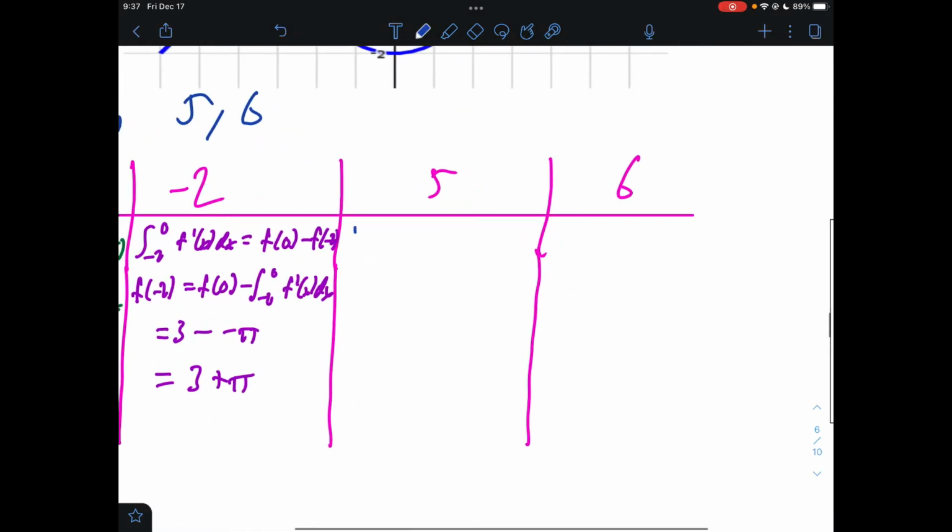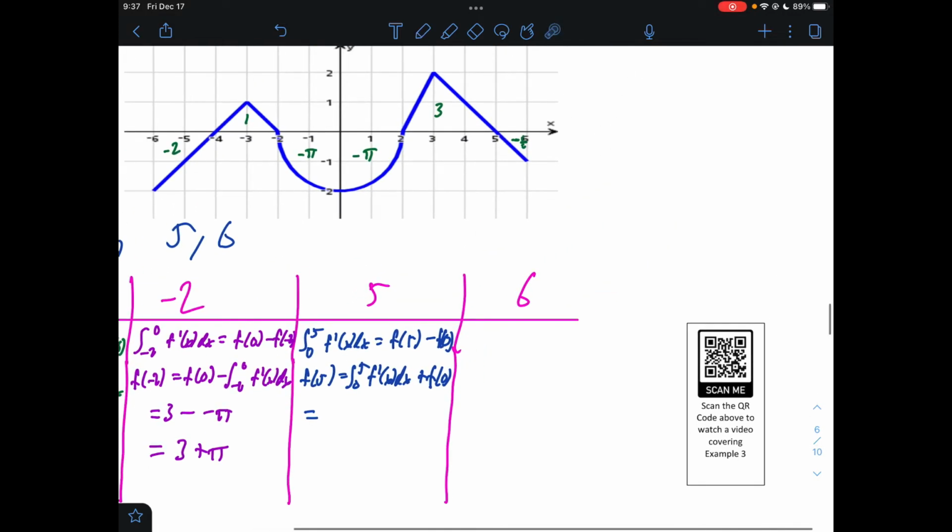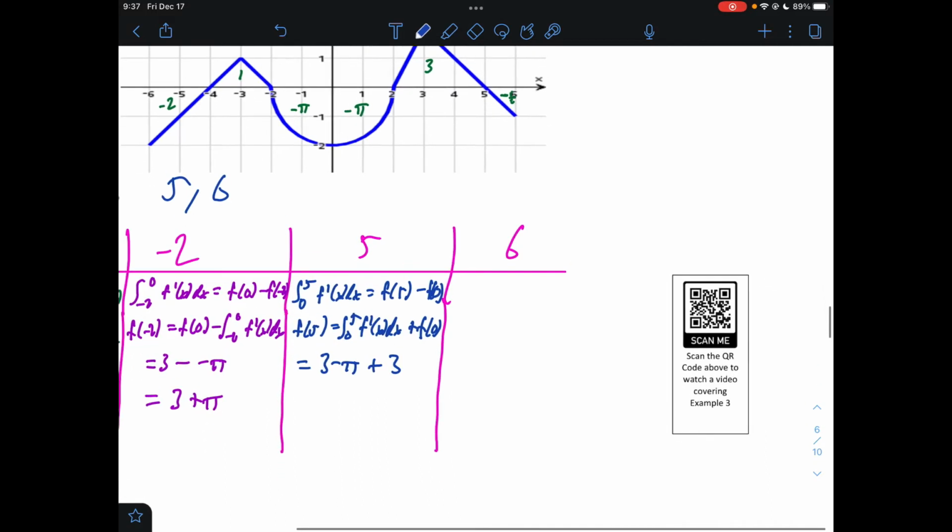So for 5, we're going to do the integral from 0 to 5 of f prime of x dx equals f of 5 minus f of 0. We're looking for f of 5, right? So f of 5 equals the integral from 0 to 5 of f prime plus f of 0. The integral from 0 to 5 would be negative pi plus 3, or 3 minus pi, plus f of 0, which we know as 3. So this would be 6 minus pi. So f of 5 is 6 minus pi,